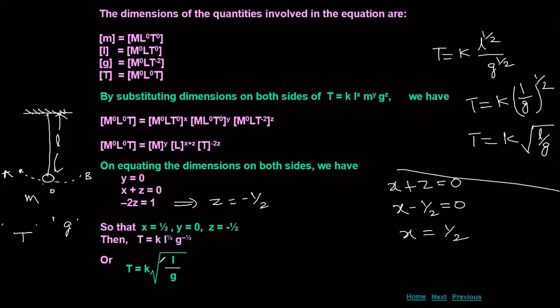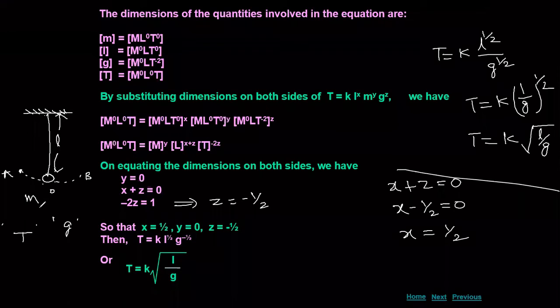But the only thing here is we cannot find this constant. We will know the relation, but we will only come to know that some constant will be there. We cannot find it exactly. How much this constant will be, we will derive in the same equation with the exact constant value in the oscillations chapter.